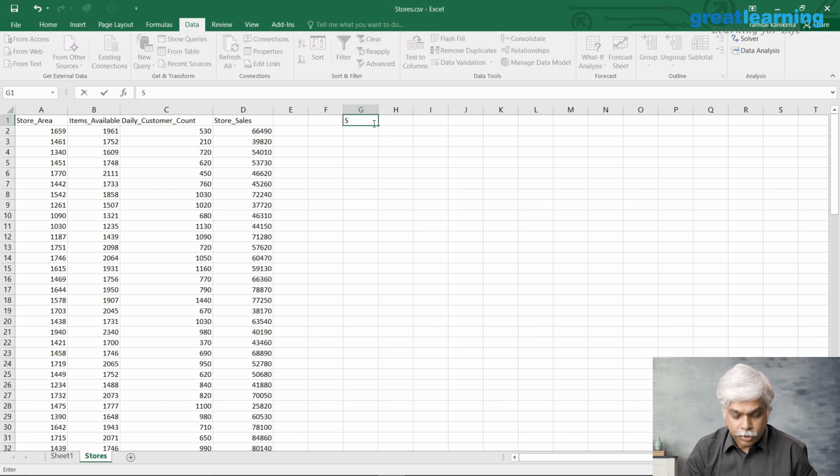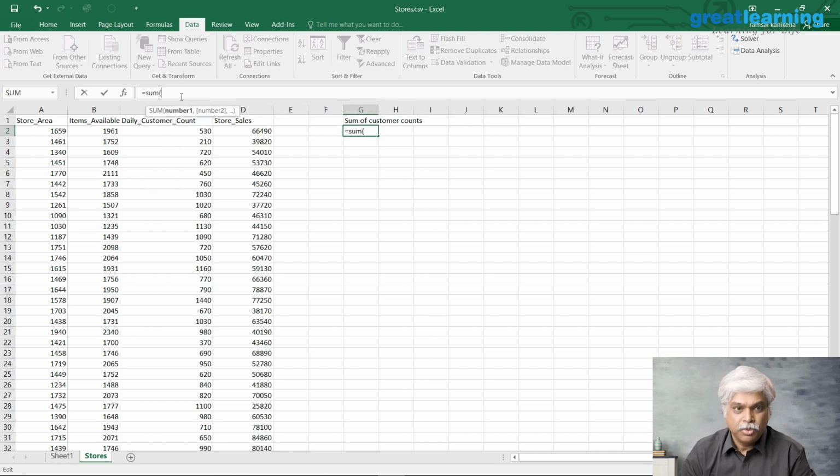First, let me compute the sum of, say, customer counts. So if I were to compute the sum of customer counts, say in the cell below, I would write that as equal to